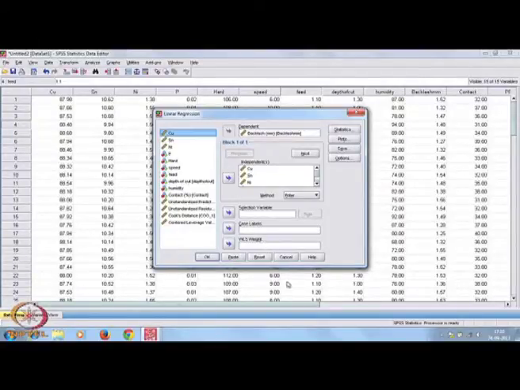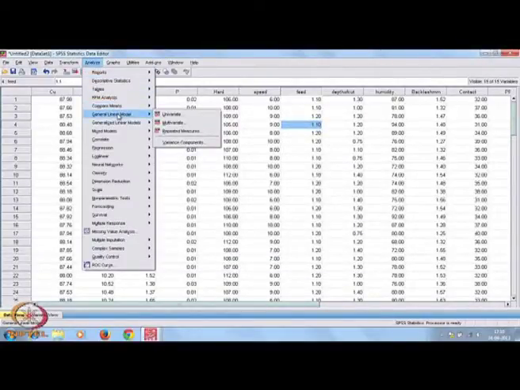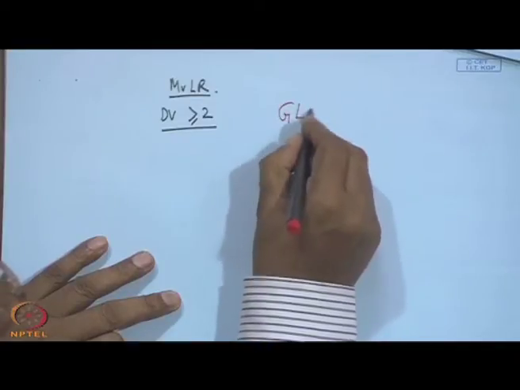You have to go to another place known as General Linear Model, popularly known as GLM.